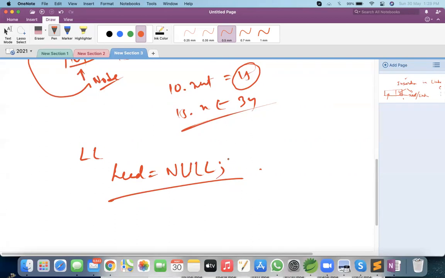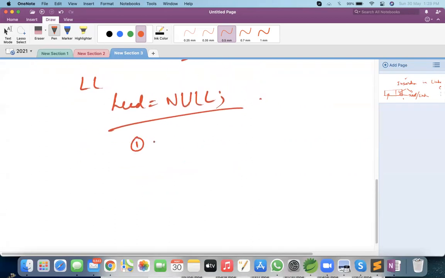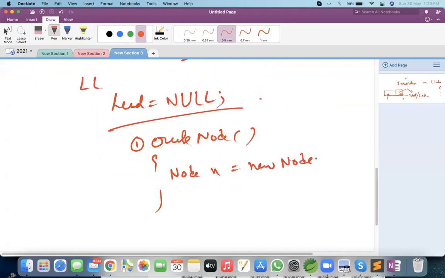In the linked list, the first operation should be create node, which we will use from all other methods. Let us assume insert at beginning, insert at end, or insert at middle, wherever we need to call this method. What will be the responsibility of this method? This method's responsibility is to create a node. So Node n equals new Node.